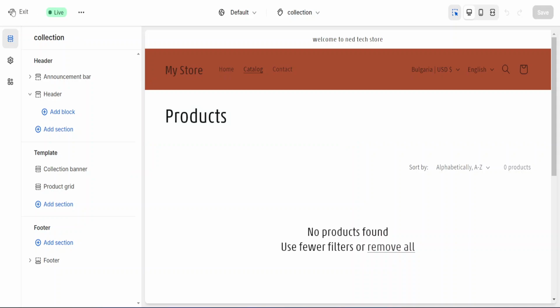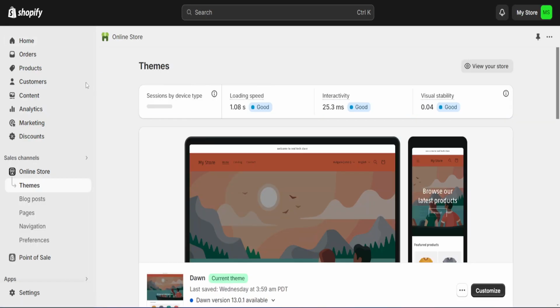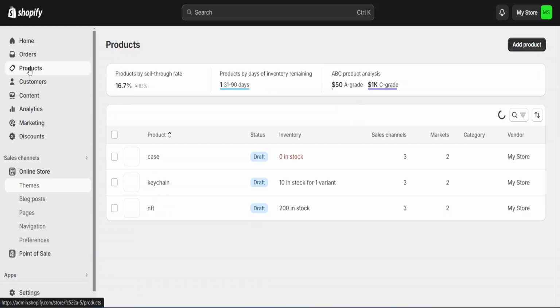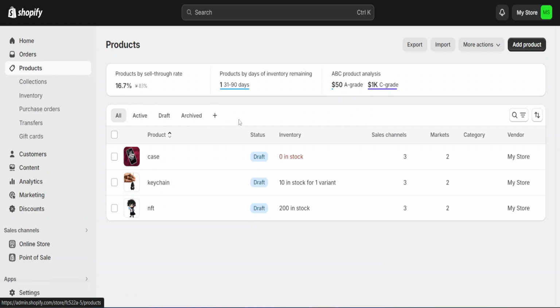What we can do is go back to our dashboard, and you want to go to Products on the left hand side. And just go to Products, and here you can see all the products you have in your store. What you want to do for that is go to the top right corner here and click on